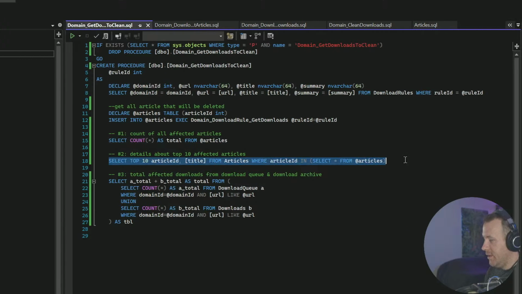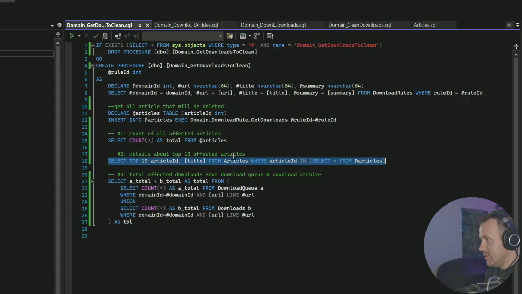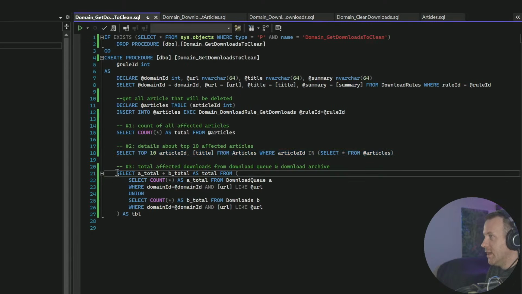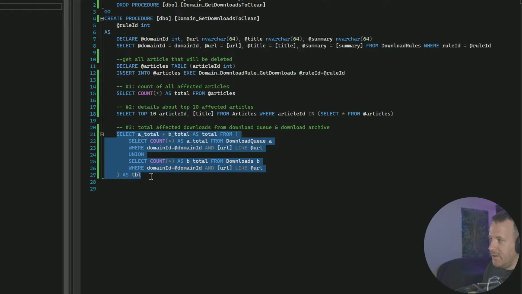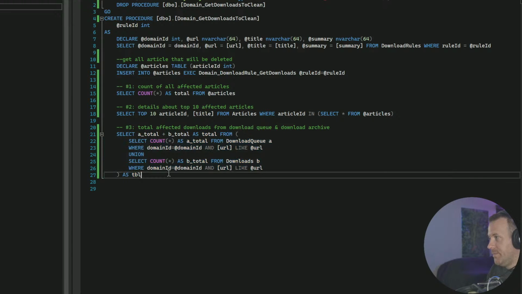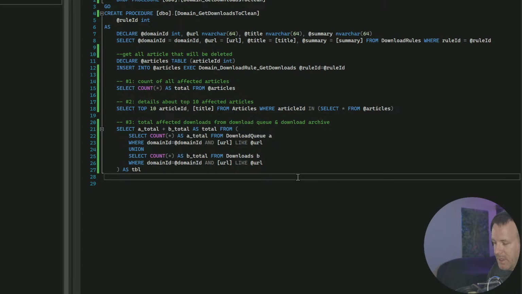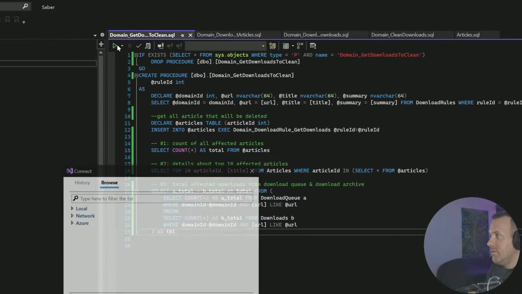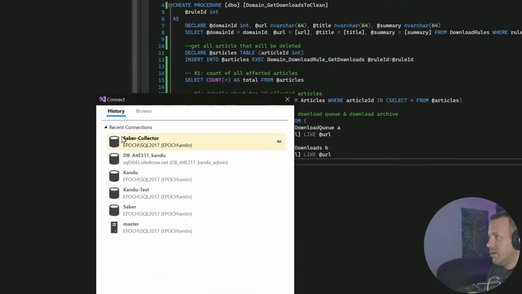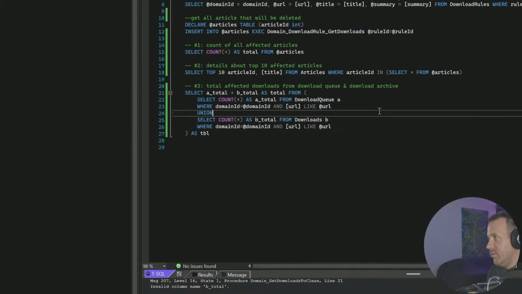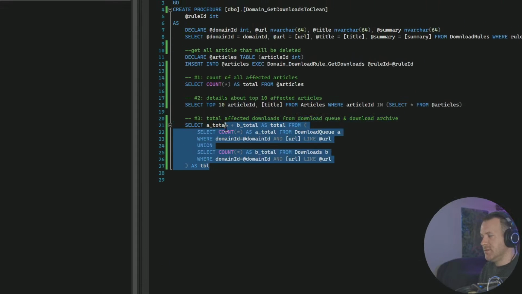And here is a list of the top 10 articles that'll be affected. And then here's a total count of downloads that'll be deleted. So I'm going to show those 3 things to the user. And if they approve, then we'll go on to the next one, which is